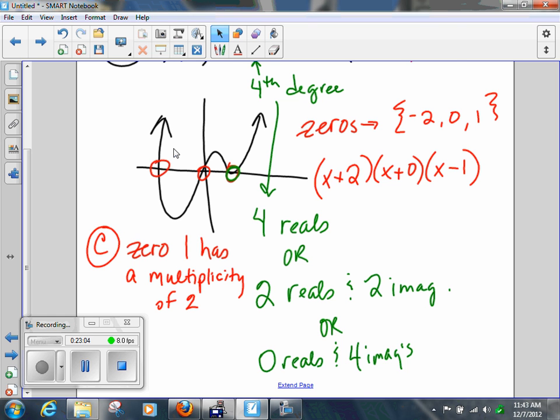If I were to have a perfect square trinomial, like, because this one touches it, it just sits right on top of the x-axis. I know that's what it has to do with. It has to do with it being a double root. But this is why. If we had